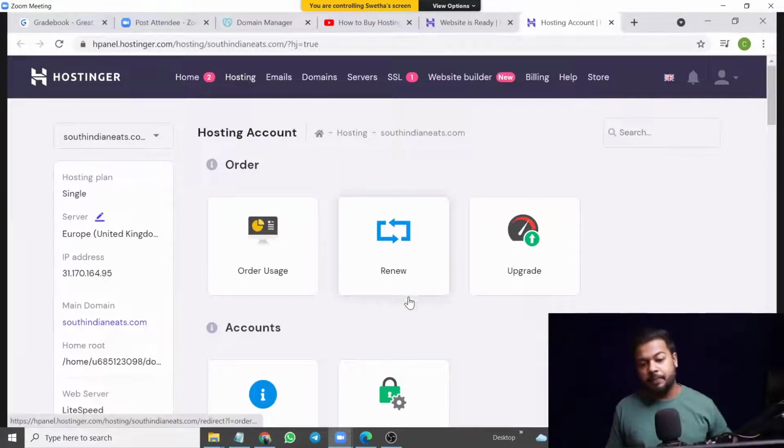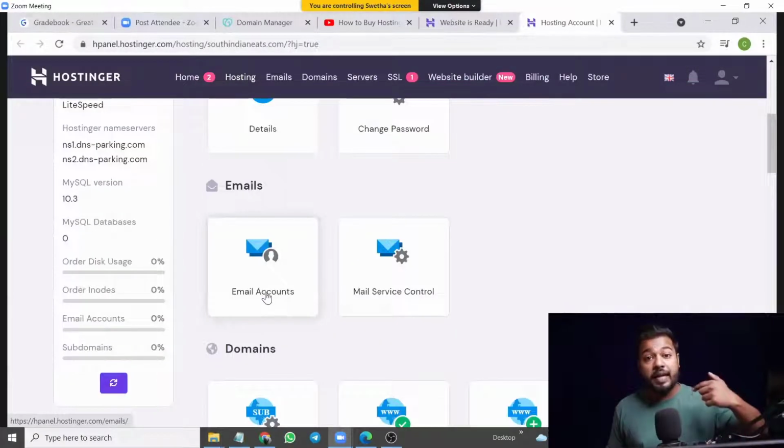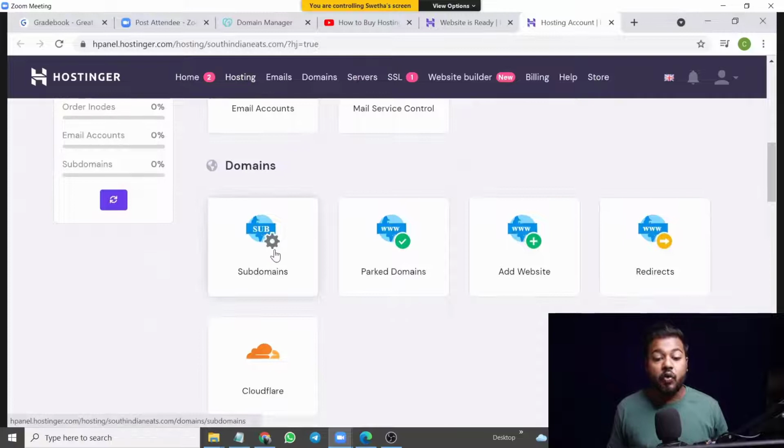Everything is here, like accounts, the details of your Hostinger account, your email account. If you want to create your own email account, as we have discussed, you got one email account of your own, you can create it from here. If you want to create subdomains like blog.yourwebsite.com, right, you generally go to Google and see forms.google.com, slides.google.com. So slides dot is what?